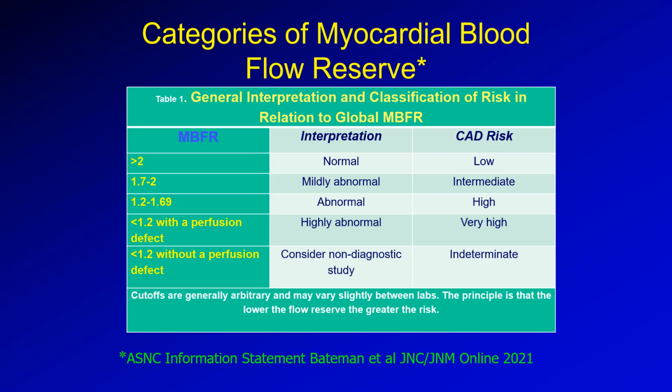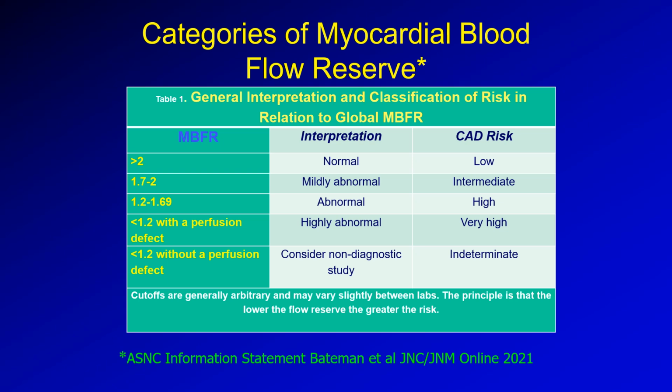These are the categories of myocardial blood flow reserve and general interpretation and classification of risk in relation to global myocardial blood flow reserve. If it is greater than 2, that tells us that the interpretation is normal, and that carries a very predictive value of coronary artery risk that says it is low. Those are the patients that have a 98% chance of no heart disease or cardiac events in the next 5 years. So if the blood flow reserve is greater than 2, that's normal, and that has a very low risk